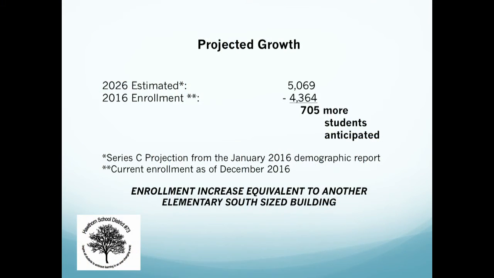Our projected growth, we use Series C. It's the high growth pattern. One of the reasons we did that is we've been hitting Series B consistently for about 10 years. We've accelerated over the last few years, and if you were to plan for a Series B projection, and you were to get between B and C or hit your C's, you would already have too small an amount of space added on to the buildings because you projected low. So we projected on the Series C, and the reason we've done that is we've hit those Series C projections for the last 3 years.